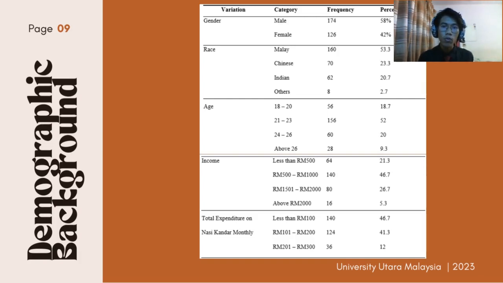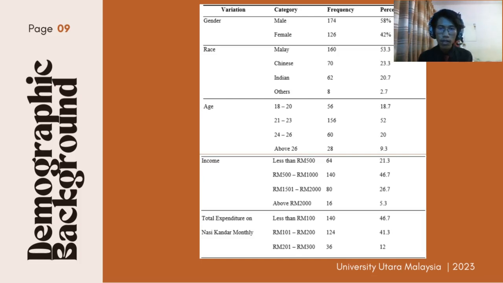The age between 21 to 23 years old has the most respondents, which is 156 respondents or 52%, while the age above 26 years old has the fewest with a total of 28 respondents or